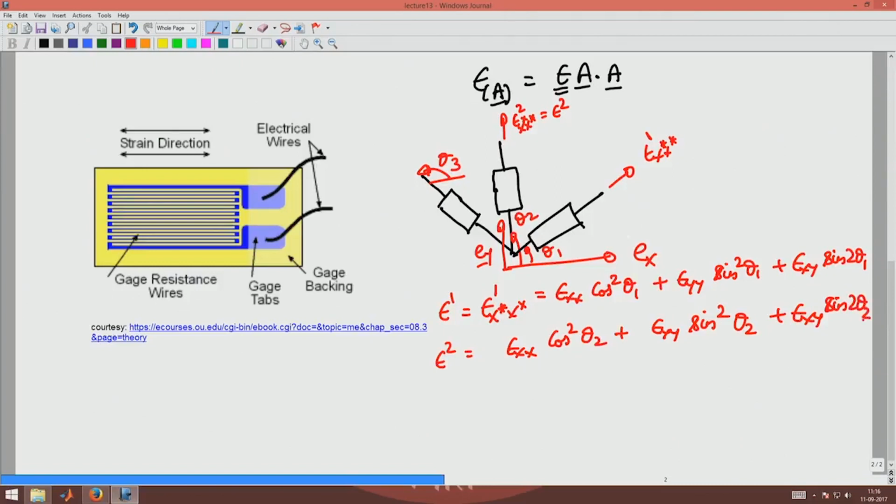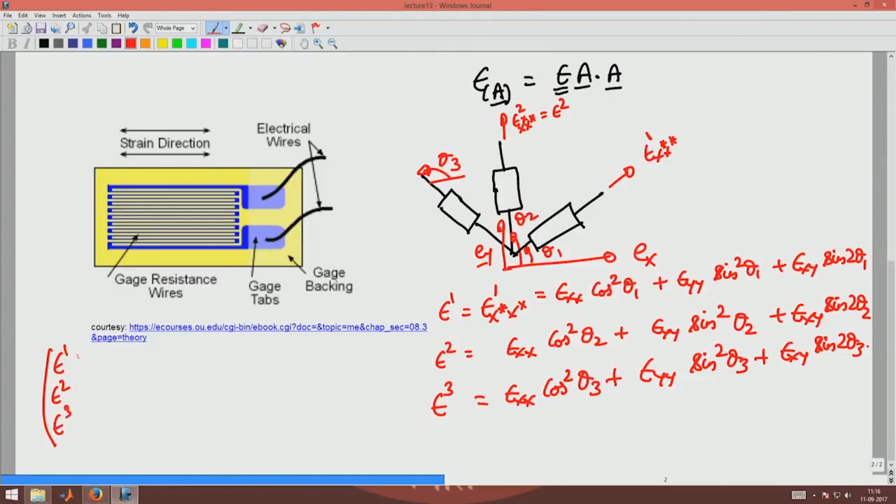Similarly, for the third direction you will have epsilon 3 as epsilon xx cos square theta 3 plus epsilon yy sin square theta 3 plus epsilon xy sin 2 theta 3. Now, these are 3 equations in terms of 3 unknowns, epsilon xx, epsilon yy and epsilon xy, which you can solve to get